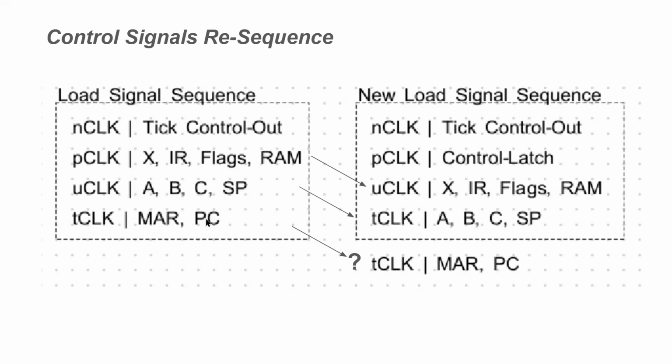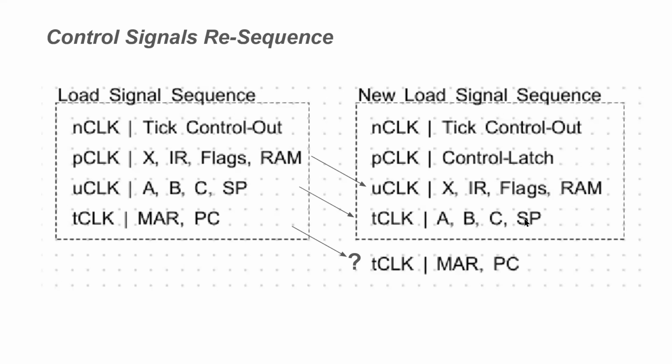So we're going to push down the T clock to where we don't have any more clocks. We have a four-phase clock. So this is another problem, right? So what are we going to do here? What we're going to do is leave this on the T clock. So instead of just these items being updated on the T clock, we're also going to do what we were doing on the T clock by itself before, the memory address register and the program counter updates. We're going to do them together. But this is the implication of that. Since we're doing these together,